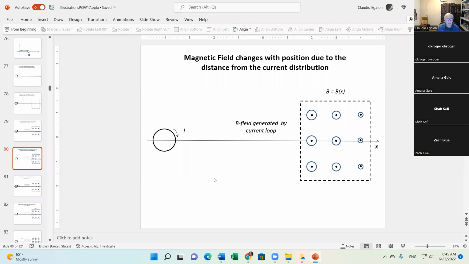Like I said, I'm exaggerating here. These drawings are not to scale. I'm exaggerating just to make it easier to understand what's happening. In reality, this region is much smaller in the vertical direction, and this distance is much further away as well. One more.